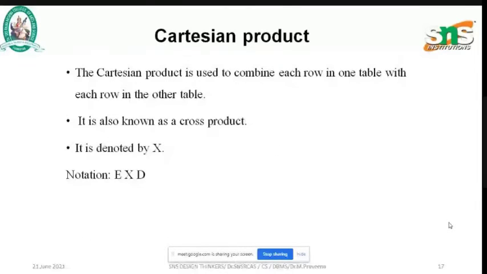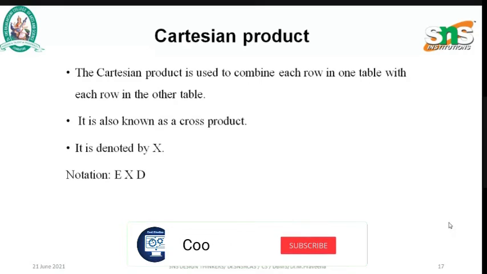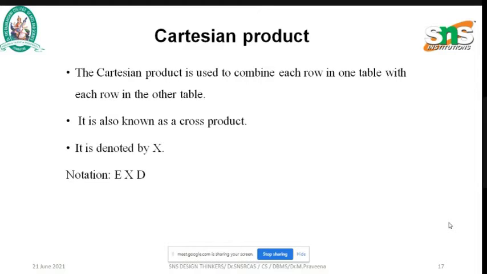Now let's see about the Cartesian product. Cartesian product is used to combine each row in one table with each row in the other table.